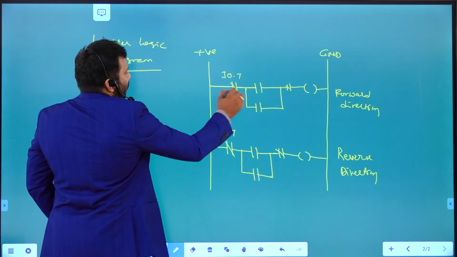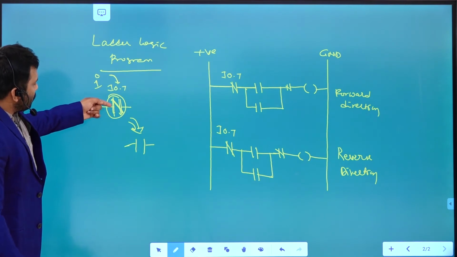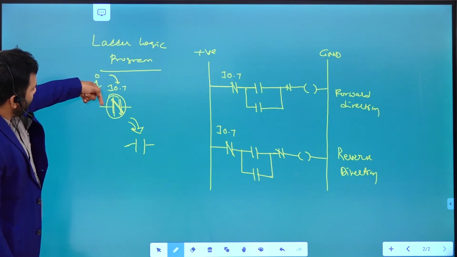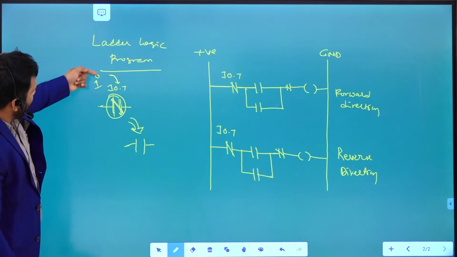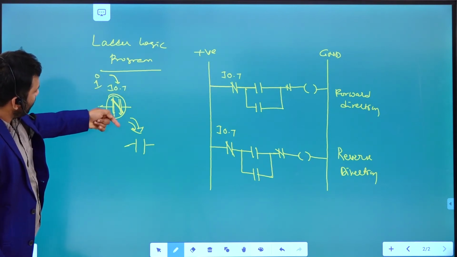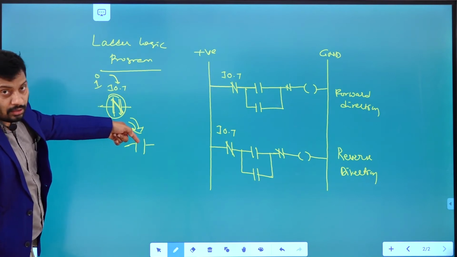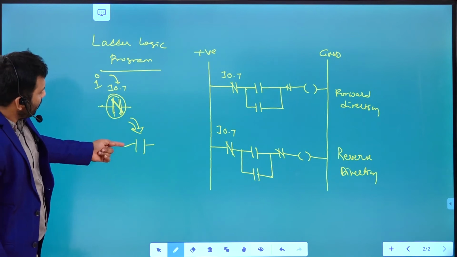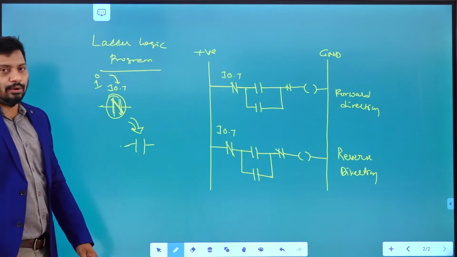So a normally closed contact, if not activated, allows forward flow from this point to this point. If you activate it, it acts like a normally open contact. Then current or power is not going to flow from the positive direction to the negative direction.